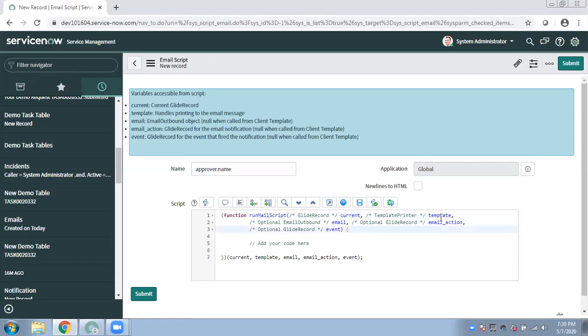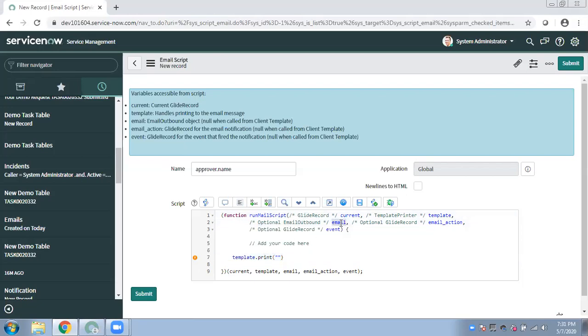Template is the object you use to put your content through the email script. To print that content in the body of the notification, you use template.print. Whatever you want to put in the email notification after your script, you put this way. Template is for putting new lines and printing the content you want in the email body.